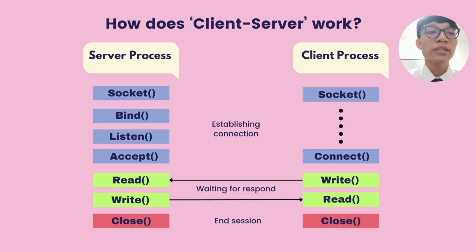Next, how do client and server work? So this is the diagram that shows the overall process of server and client. First, both server and client will create a socket, and then bind the IP address and port number to the socket, and then the server will listen for a request. After the client initiates the request, the server will accept the request, and the client will establish the connection,